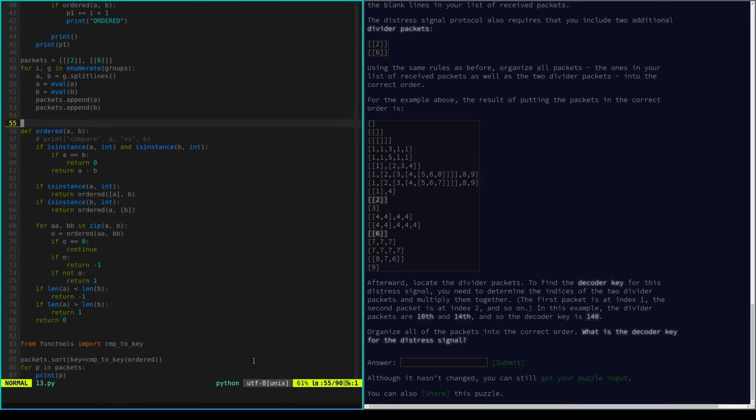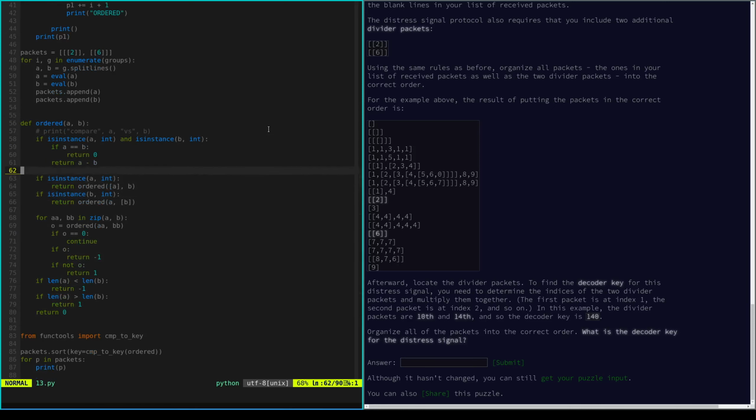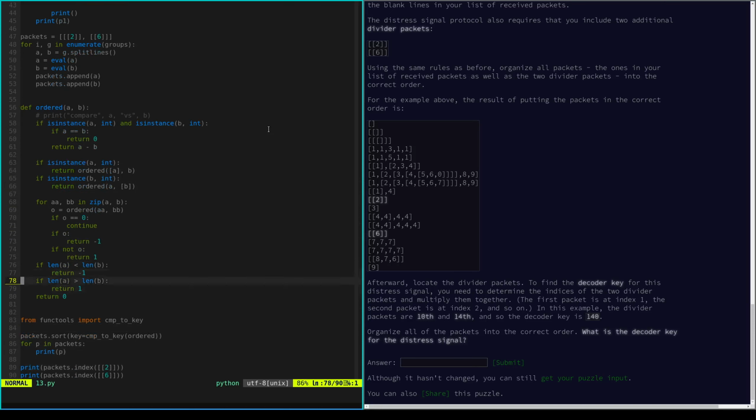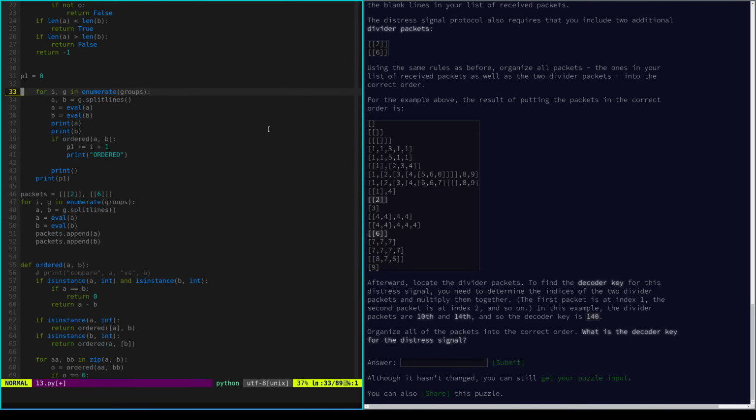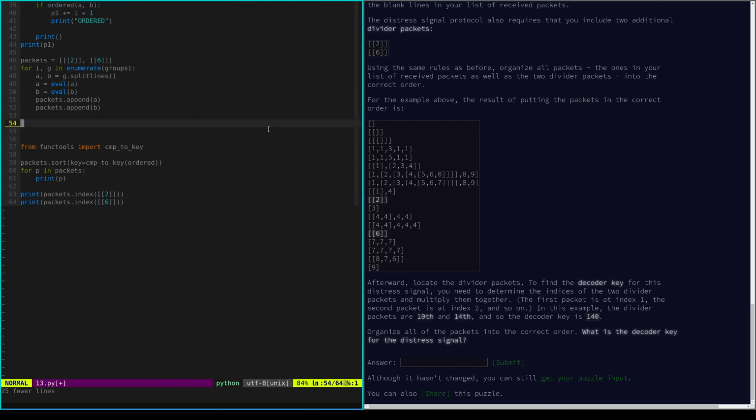Something is wrong with this comparison. What is the issue here? Ordered, if they are equal 0. What we could do to check if this ordered function is right, we could check this, and we could redefine this order up here,